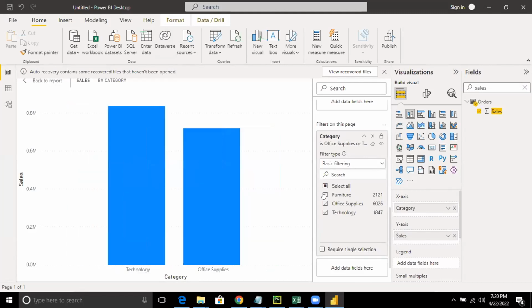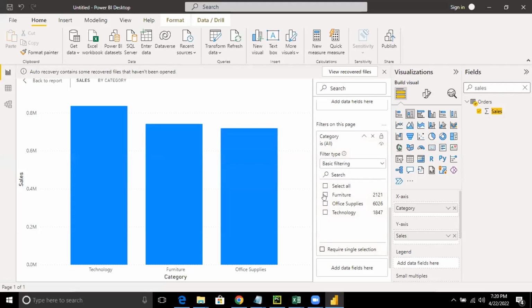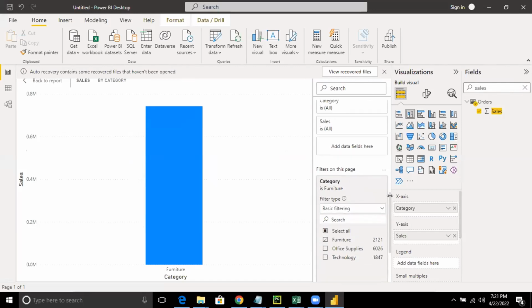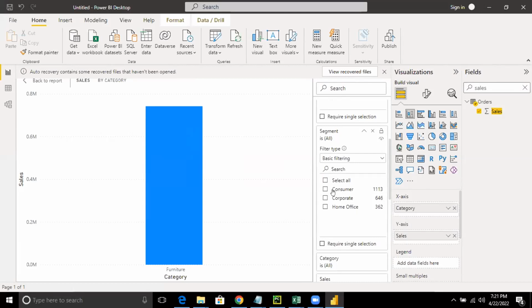These are the filters. I select, I just want to have office supplies and technology. I can get it like this. I just want to have the furniture. Select it. You will be able to get only the furniture. So see how you can apply the filtering. Filter, like any other filter, will help you get the information for a particular graph. So filtering is very important. Corporate, home office, you can see the graph changing, everyone. Yes. So that is some of these things which you can apply.